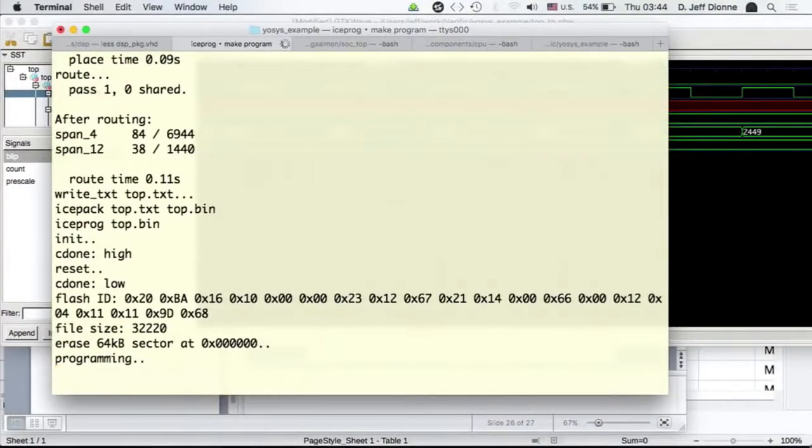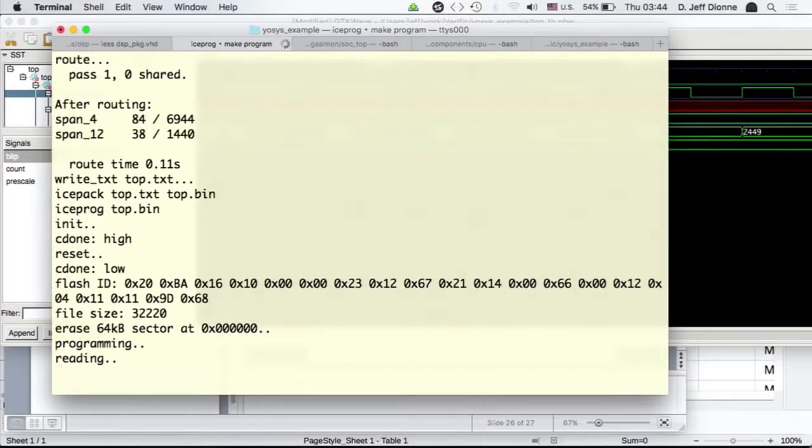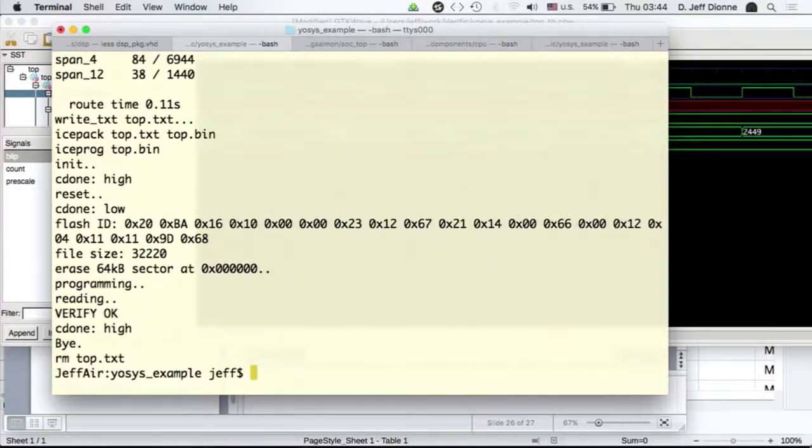So now it's making an FPGA bit stream from the same source. The simulator code was made from this source. Now we're compiling for a different target. And I'm going to tip this up, and there you go. So this is exactly identical to what you can see from the author